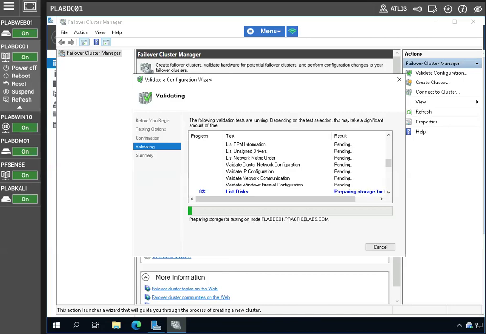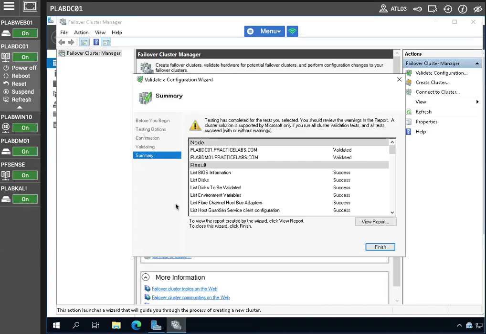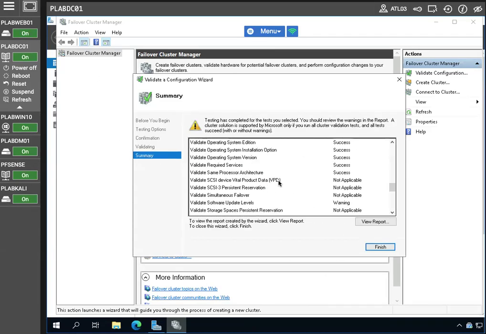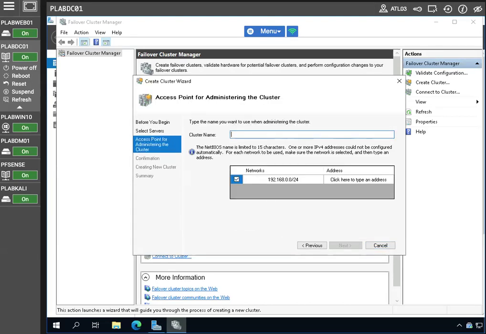The test is currently running, and I'll place you guys on the other side of this being 100%. So we're finally finished, as you can see here on the success and then the summary, right? Now, the validate configuration wizard verifies whether the servers that have been added for the creation of the cluster have the correct configuration before the cluster can be created, right? And we're actually going to name this plab cluster,